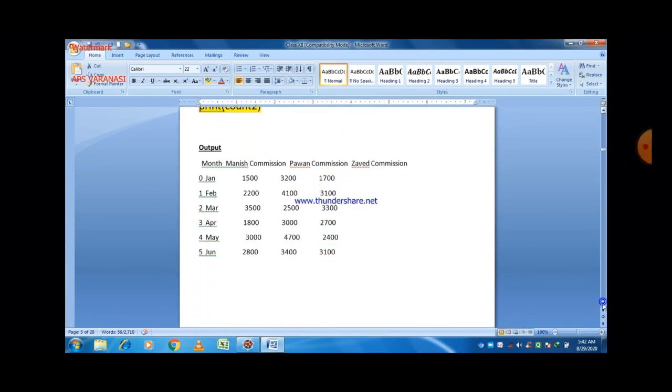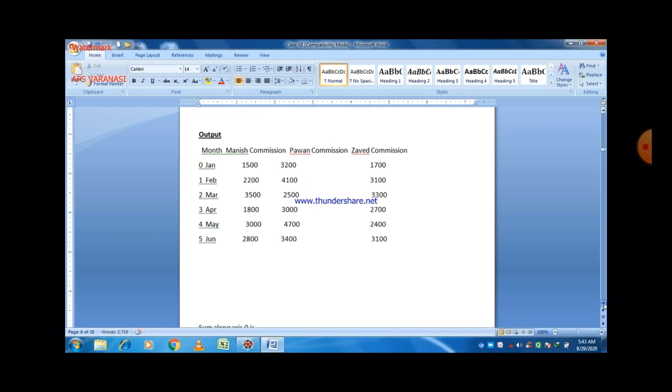First of all, this is the data frame here. Here the names of the columns are very large, so the values are not under them. So these are the values related to Javed commission, Pawan commission, and Manish commission.